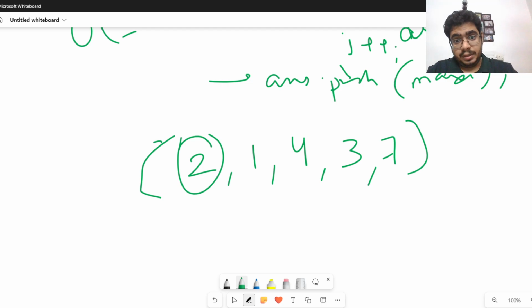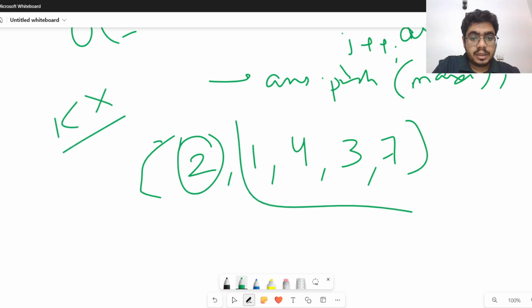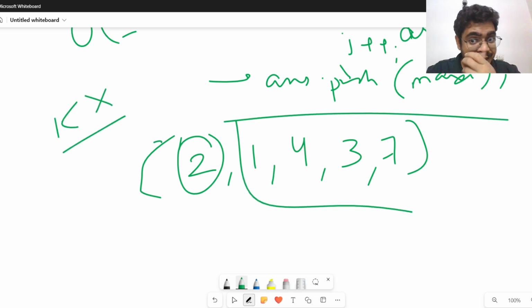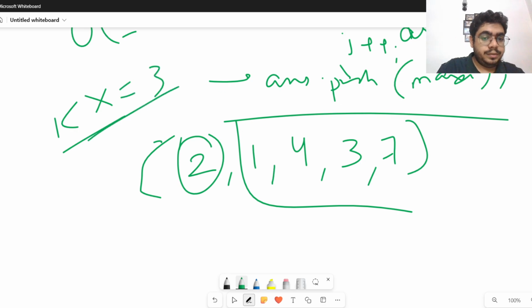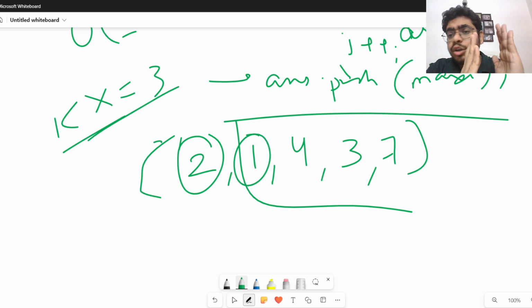It can very well happen that, let's say we don't even know k. It can very well happen that the window size is such that there are a few elements which are just smaller than this 2. So this 2 can possibly become your maximum, right? It can possibly become a maximum. Okay, cool. Let's say k is now 3. Let's take the next element 1. Okay, now we know about 2 and 1. 2 could have become maximum. Can 1 become maximum? Answer is yes,